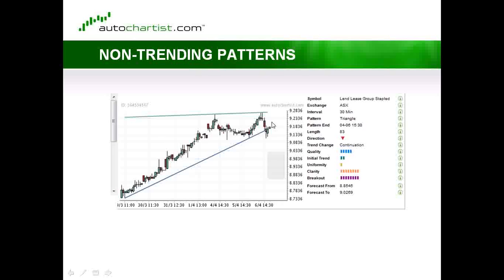Well, if it looks like it's a 3-point retracement and you're not going to take that much heat, then you may want to let the market run its course before it makes